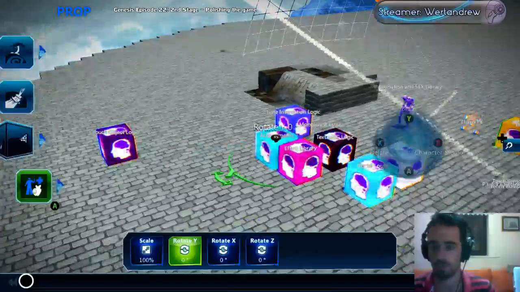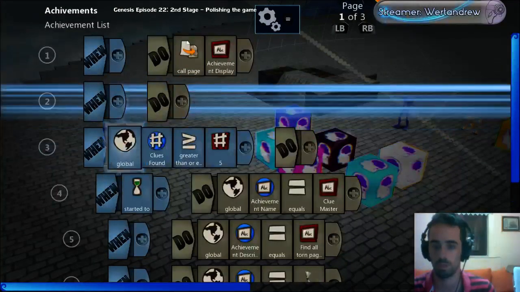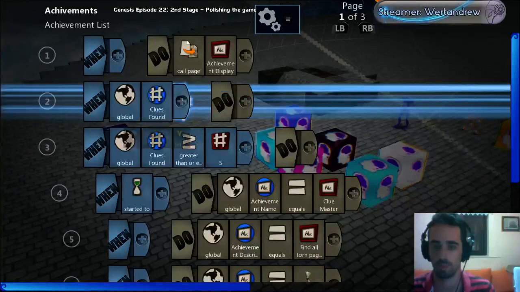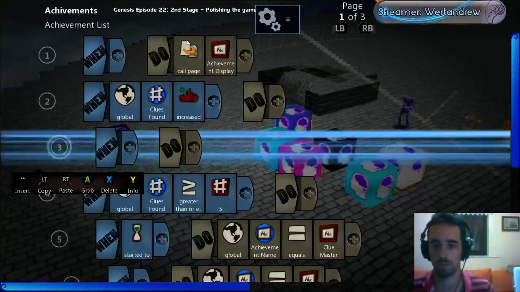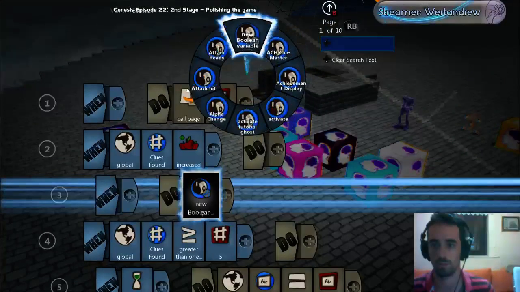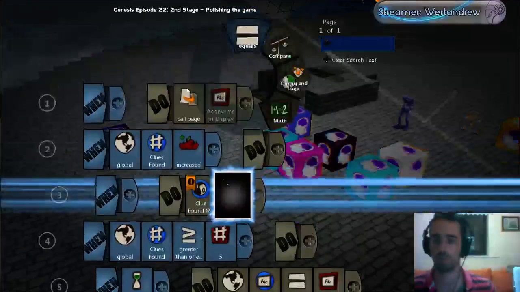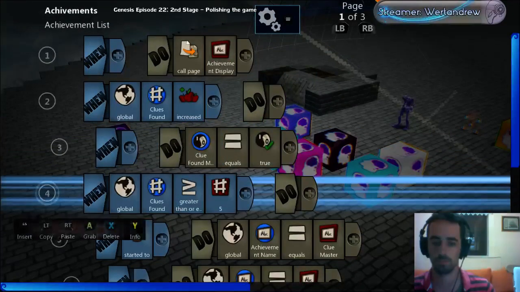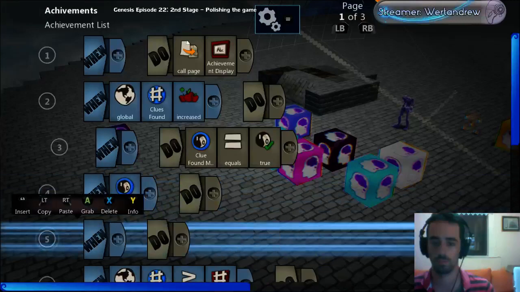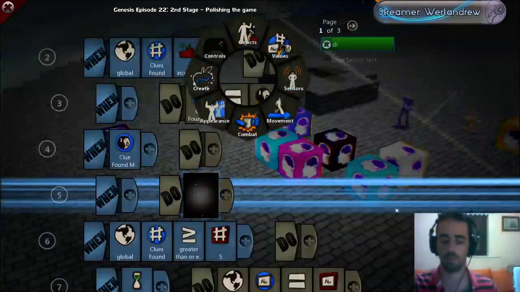I must have. There we go. Achievements. Okay, so I can simply say clues found increased, then trigger a variable clue found message. And that would only work for 1 frame, by the way. So when that happens, let me display